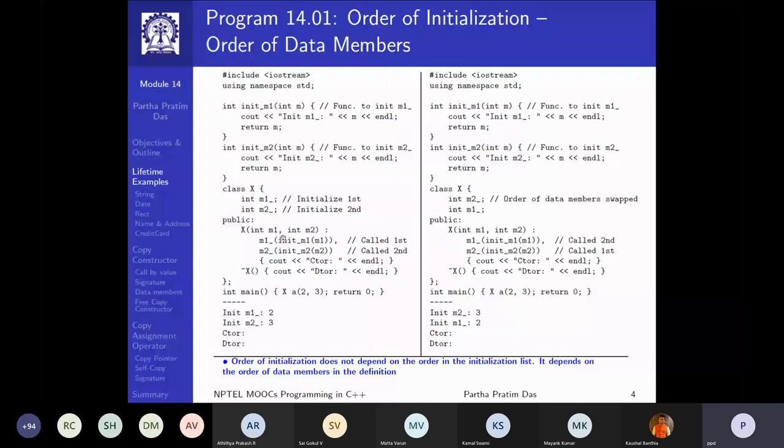Now the question is, what is the order in which initialization will happen? Will it happen based on the order in which you write them on the initialization list? The answer is no. Suppose you order,